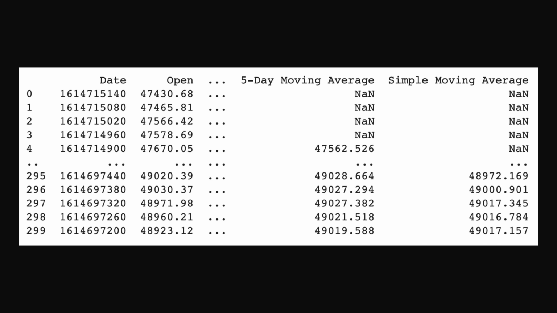We're going to learn how we can fetch historic rates about a coin such as Bitcoin in USD. And then we'll learn how we can calculate a moving average, for example, a 5-day moving average and a simple moving average. And we'll take the data that we scrape from the API and convert it into a pandas data frame, which is going to allow us to have a really fast data frame that's open to a lot of different functions, so you can perform a lot of analysis and algorithmic trading with that